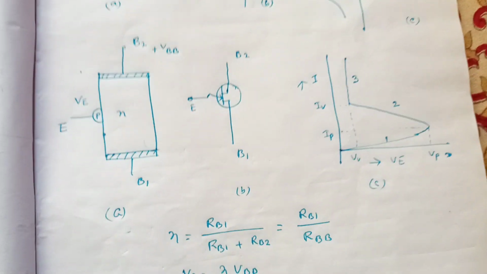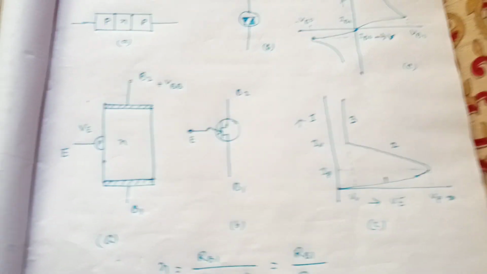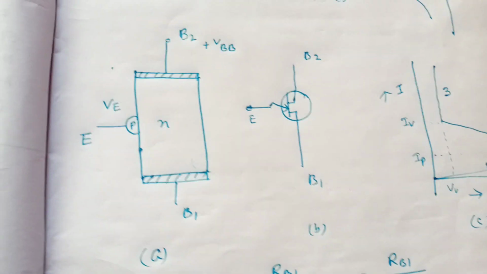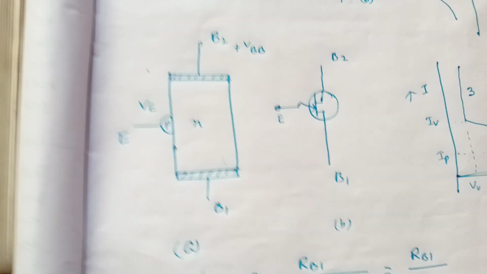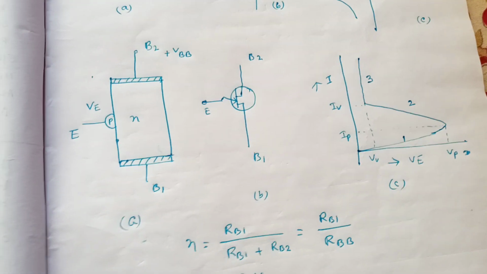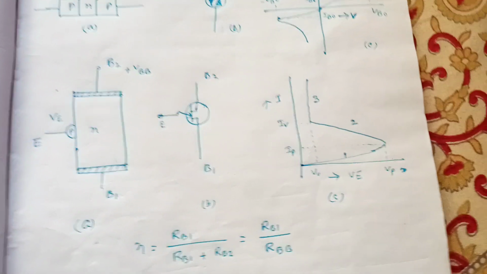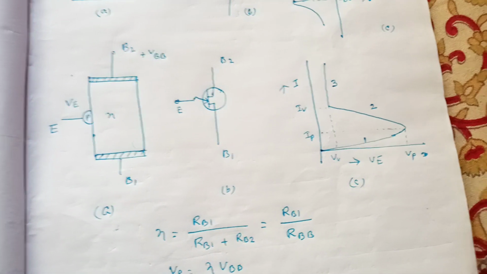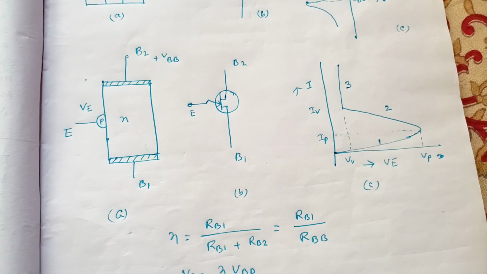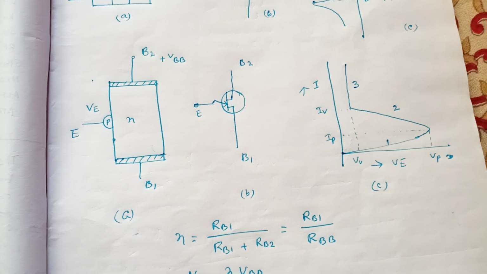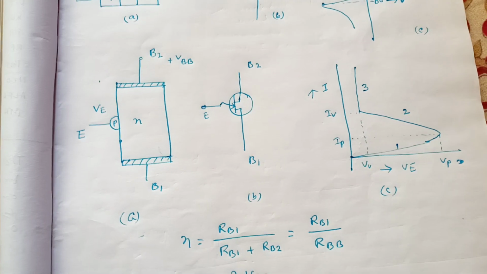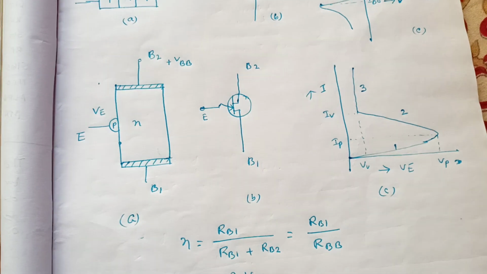Now we will discuss the function of a unijunction transistor. Now, what is the unijunction transistor? A unijunction transistor, also called a UJT, consists of an N-type silicon bar that is lightly doped,